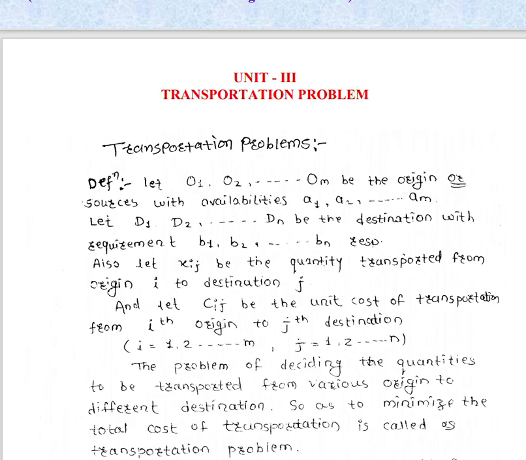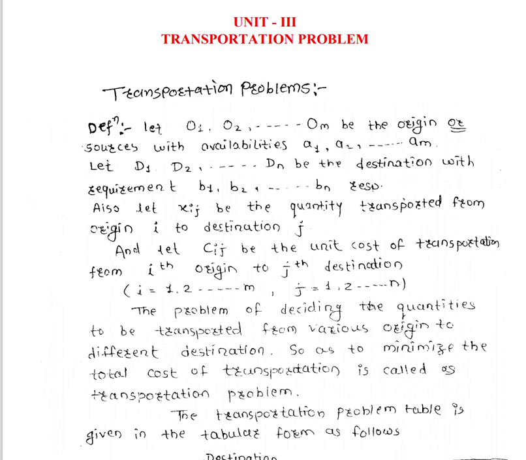What is the formulation of the transportation problem? Let us see the formulation of the transportation problem. Generally, we know that in transportation there are some things. There is one origin, then there is one destination. There must be a sender and receiver. Then there must be a commodity to transport from one place to another place, and each commodity has its own price. So every commodity has a different price.